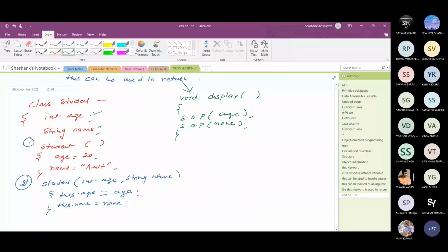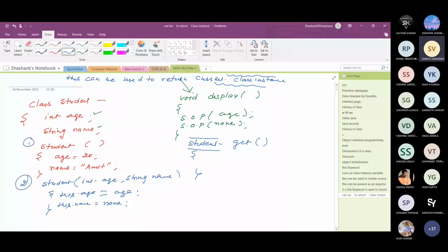Current class instance means we need to make a method whose return type is class type. So I just create a method of which return type is class type. So return type is student type, and suppose the method name is get method. And suppose this is the method student get. It means when get method is called, an object is created, because of the return type, a class instance is created.